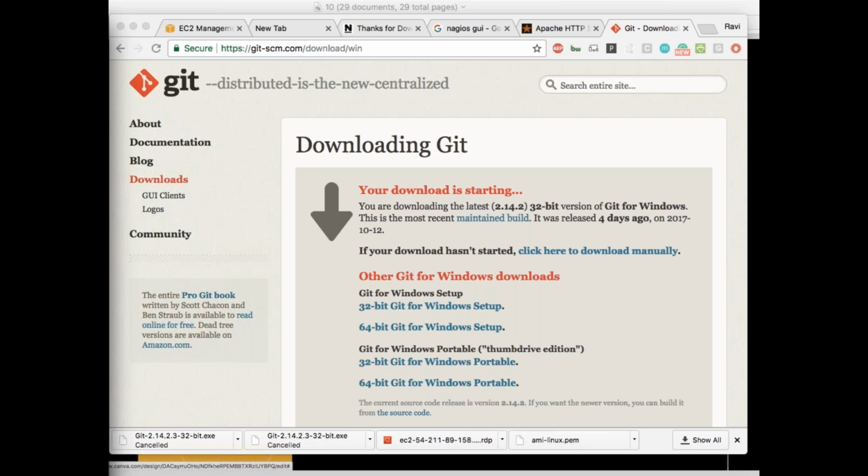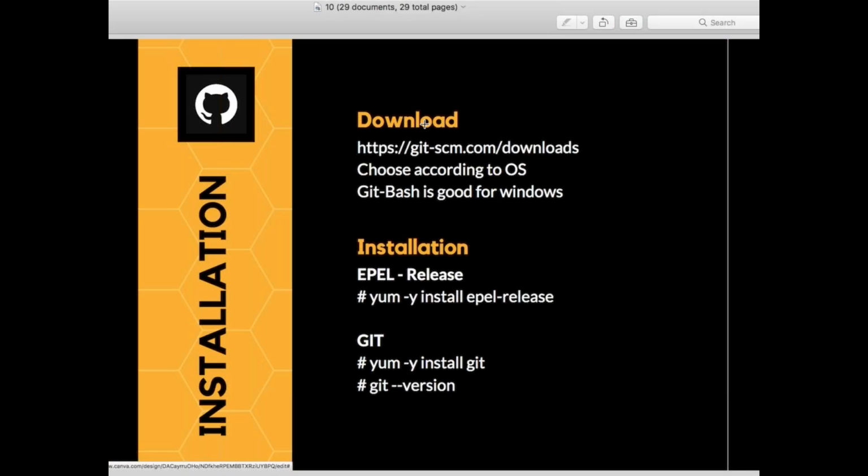You got one particular instance over there. If you see, type ls. So basically, you are accessing Windows with a Linux-based command. That's it. If you are seeing that, it means Git has been installed successfully. Now you can check the version. I'll go back to my command prompt. Where is my command prompt?